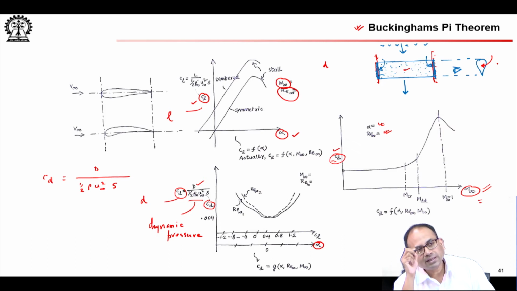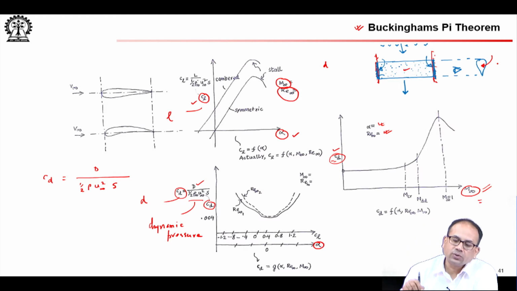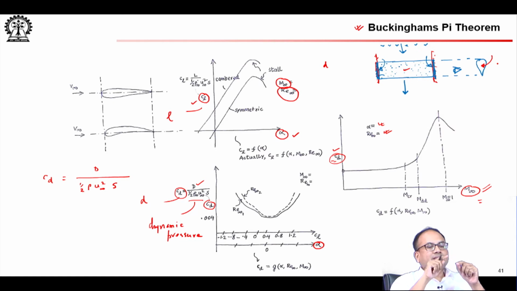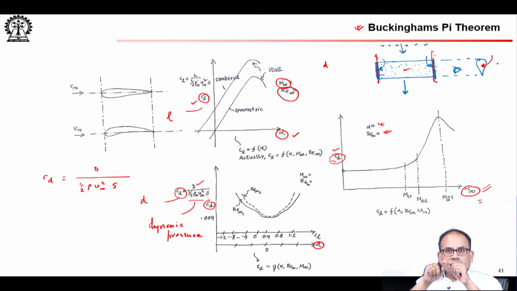You will see that just like the IUPAC nomenclature for organic compounds, even for airfoils there is a kind of nomenclature, and if you can read it, a lot of information about the airfoil is built into that nomenclature. If you see an NACA 6-digit number, these digits have some significance. For example, one digit might tell you the thickness of the airfoil, one might tell you the camber of the airfoil.